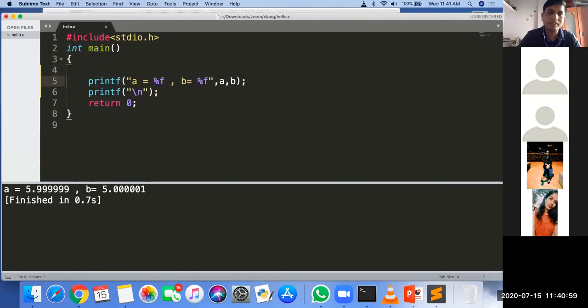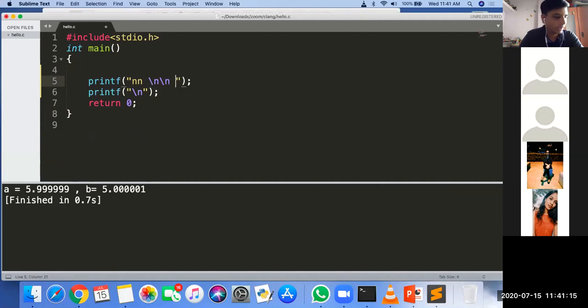Now again, a very interesting question. The printf has \n \n, then \n, and then \n, and then \n \n space \n \n.